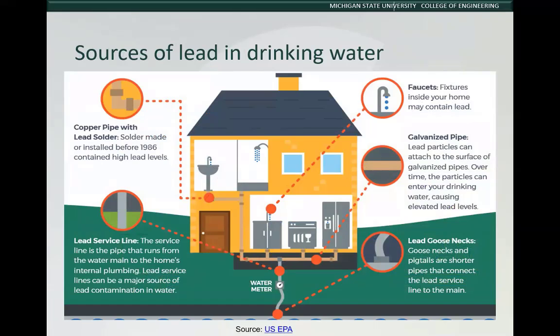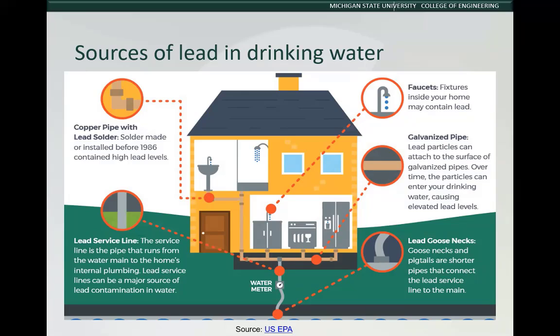This is another little cartoon trying to show where lead can originate in a home. And that includes copper pipe with lead solder. Now the solder that was used before 1986 contained much higher levels of lead than is used now. So that is a potential source of lead. We've talked about the lead service line, the goosenecks. In addition to that,